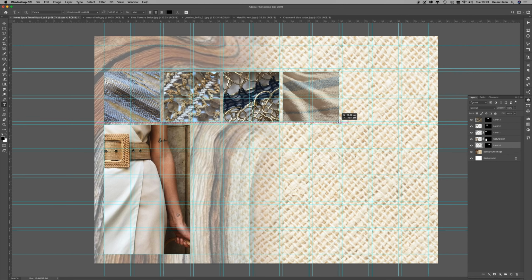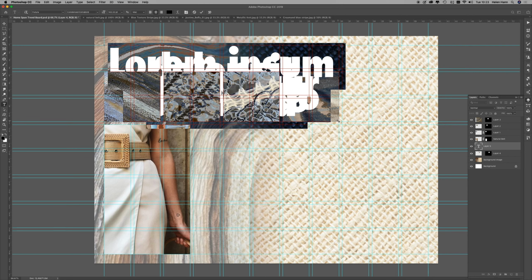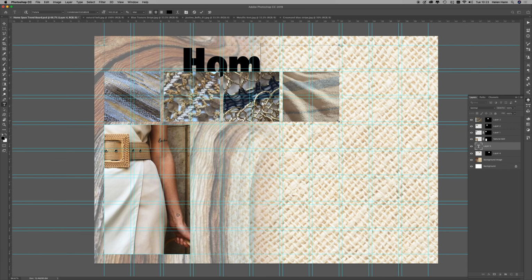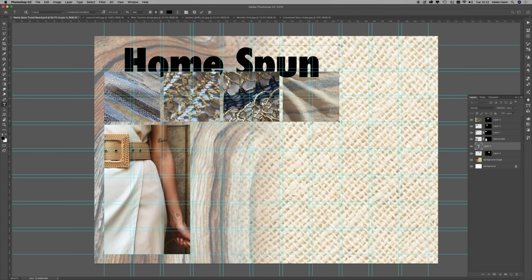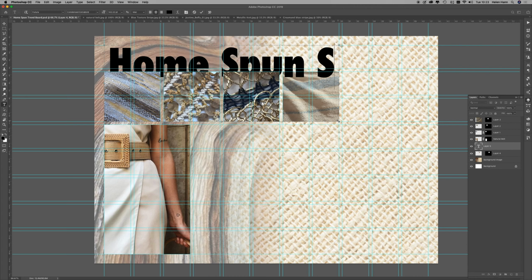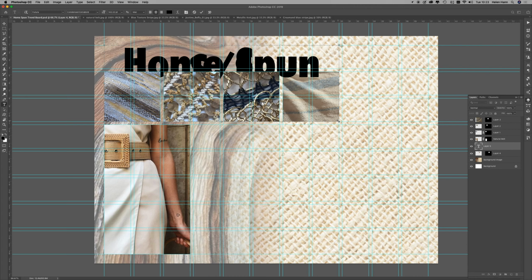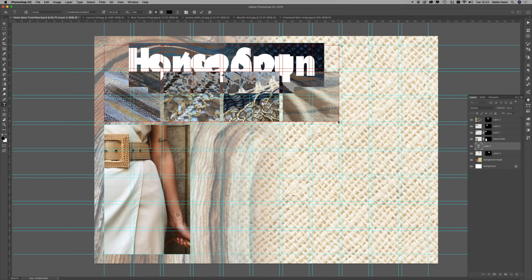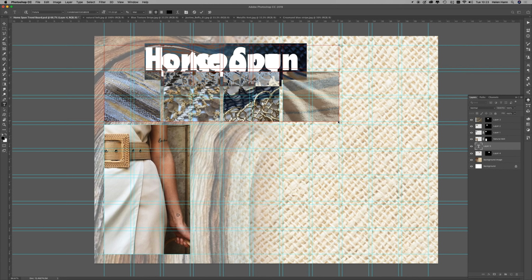I don't know quite where I'm going to put it, so I'll just make it quite big. I'm going to type in Homespun, spring summer 2021. It's a bit big at the minute, so I'm just going to shrink that down so it fits on a single line,